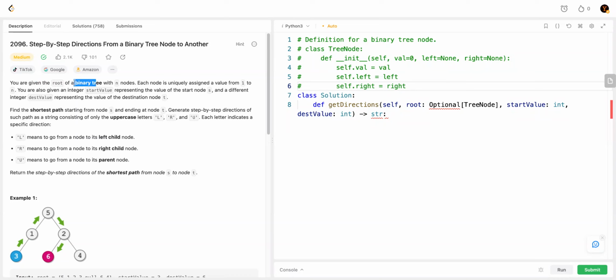A binary tree is a tree where every node has a maximum of two child nodes, the left one and the right one. And every node will be assigned a value from 1 to n, right? And we're going to be given an integer, which means the start value, and an integer, which means the end destination value. So we need to find the shortest path from the starting node to the ending node with step-by-step